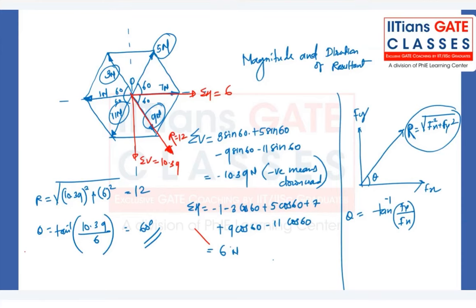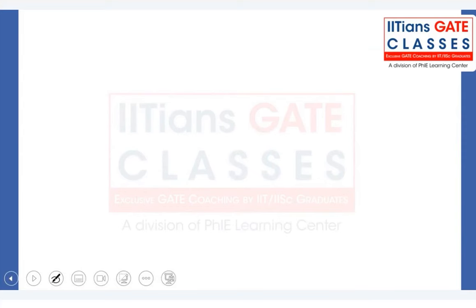So the simple question is on a coplanar concurrent force system, where forces are passing through a single point. One more question I'll take just to make you familiar with how a non-concurrent force system will look. Anyway, we will be solving many problems later on, but for today's session, at least you should have a brief idea of what we have studied till now. We have, let's say,